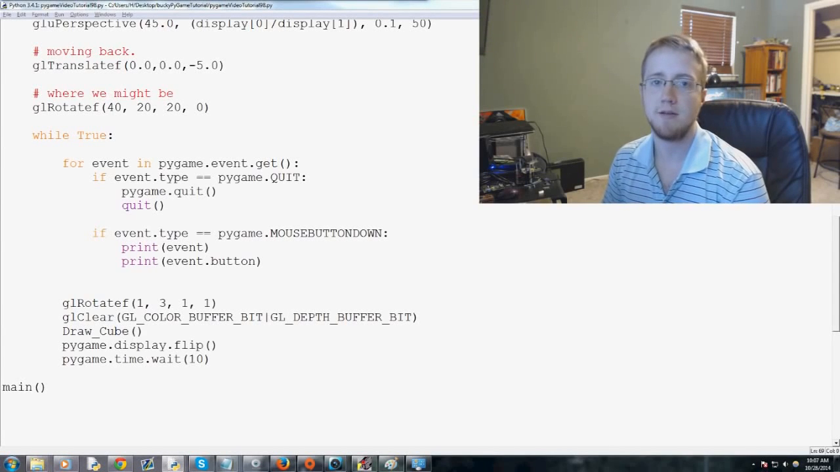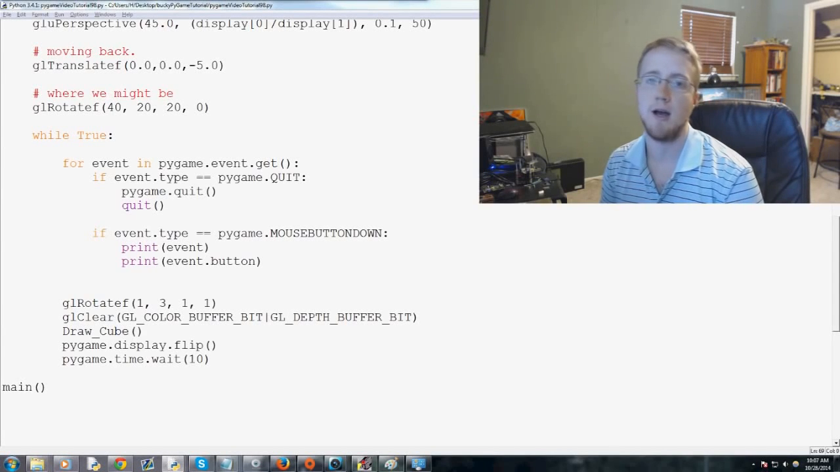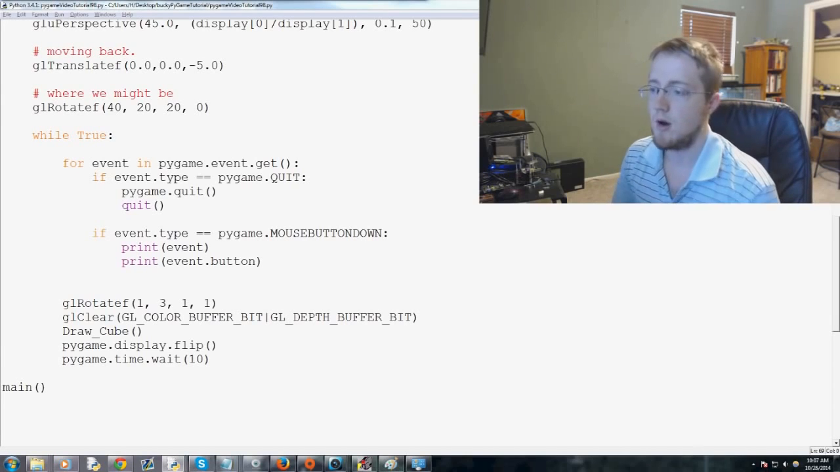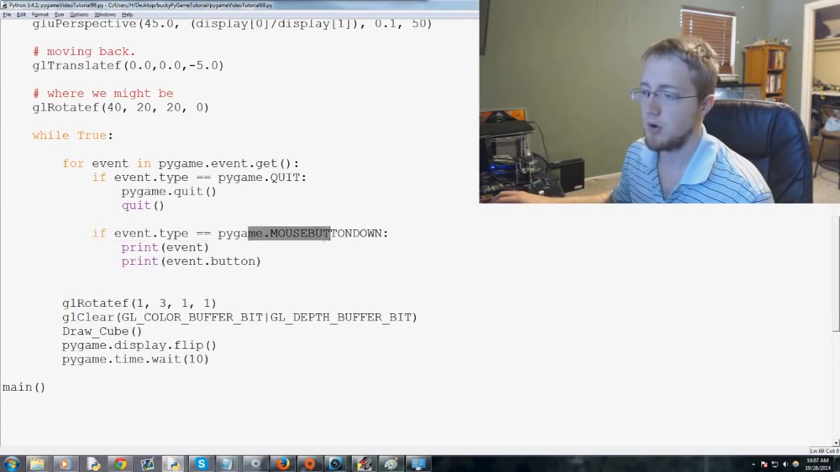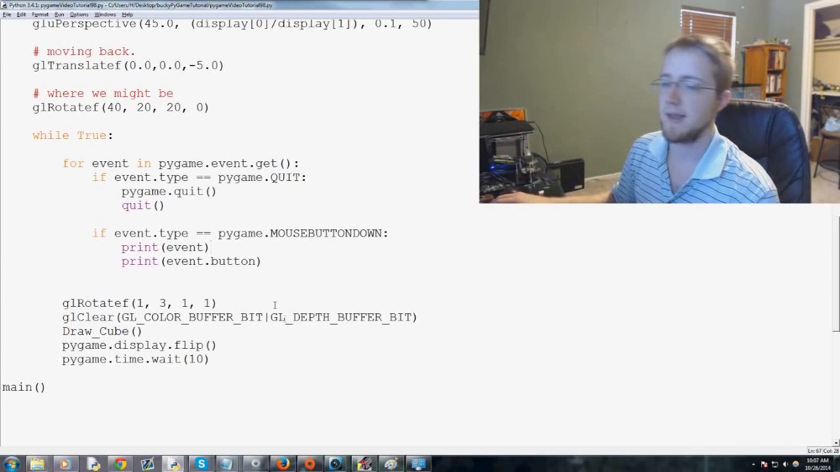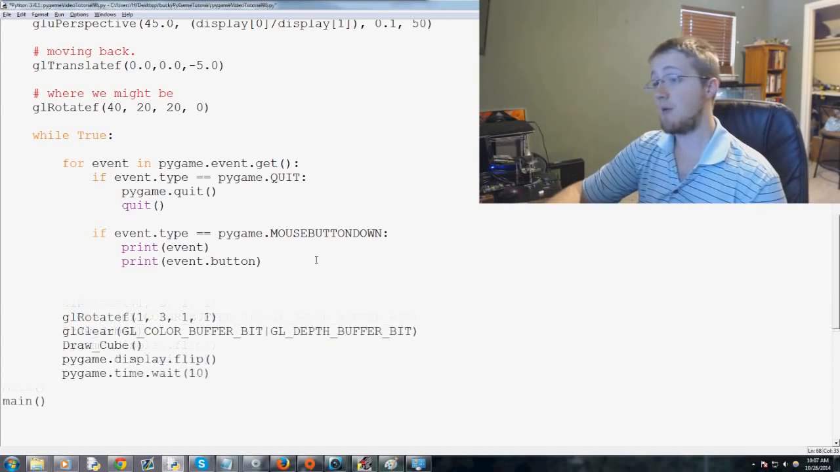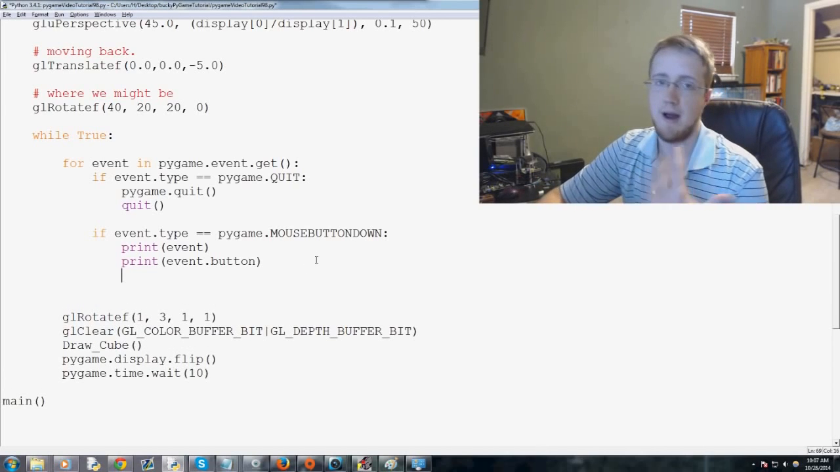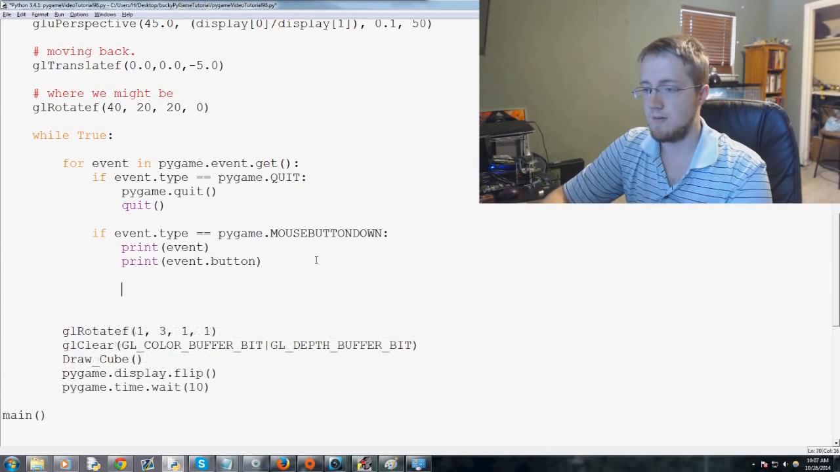Welcome to another Pygame tutorial video with OpenGL and Python. Where we left off, we were basically pulling in these mouse buttons. We found out that 4 is forward, 5 is reverse. Now I want to show you guys how we can utilize this to zoom in and out of our object. So we want to do if